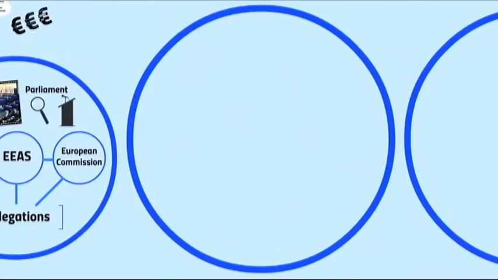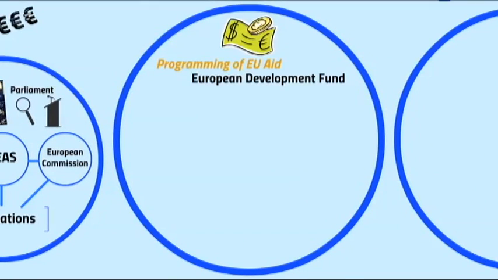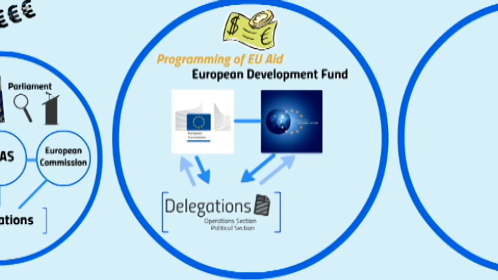The first example is about programming EU aid in a sub-Saharan African country. At the start of a new budget cycle, the EU allocates funds to different countries according to the EU's political priorities and the country's needs. Deciding how much money will be spent in each country involves several actors in a process called programming. This example aims to give an overview of the political dynamics at play, rather than explain step by step the